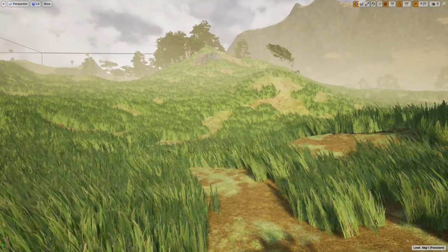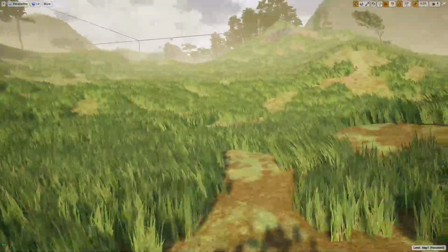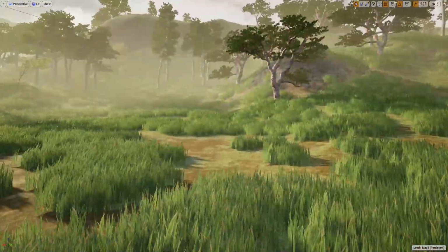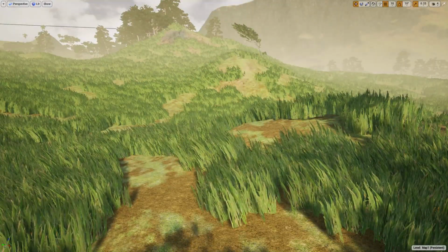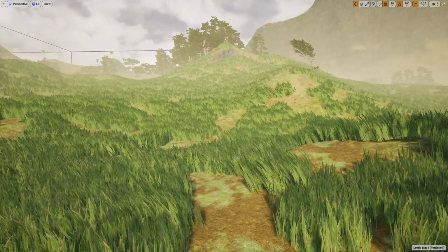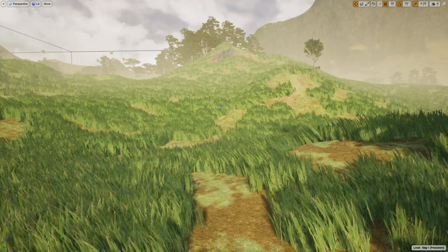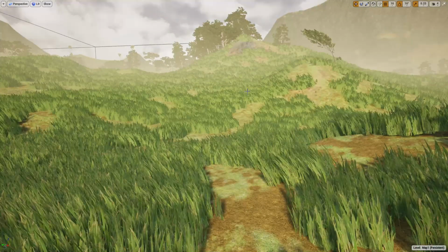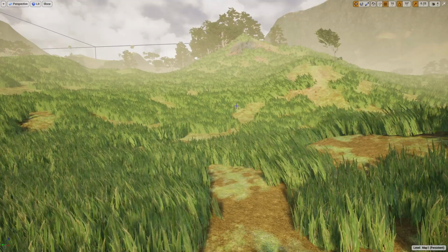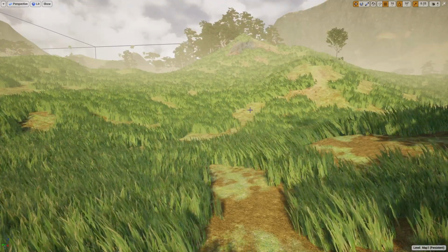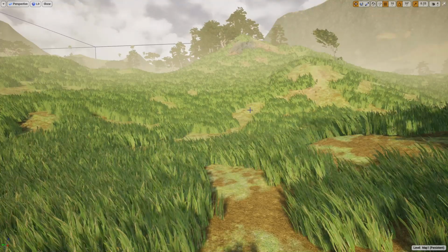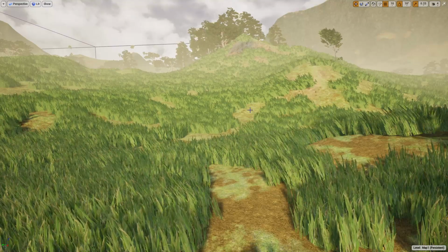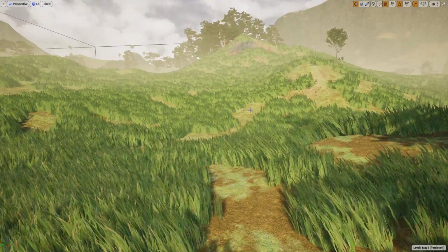Right. So from today onwards, I'm going to try to blend this grass with the landscape texture. The first problem I'm going to address is this. As you can see here, there are two colors in this grass on both sides. One color is a little light green and the other is a little dark green. Because of that, I can't really match the ground color with the grass color because there are two colors in